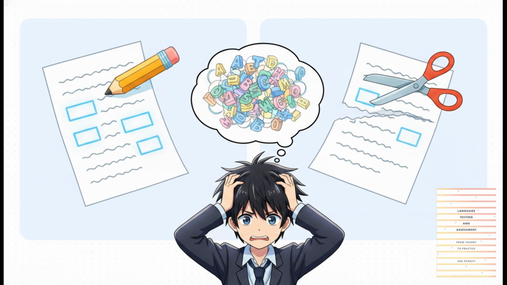The two main types are the closed technique, where you delete every 6th or 7th word, and the C test, where you delete the second half of every second word. Both are designed to test how well a student uses surrounding context to restore missing information. Are they actually effective, though? They can be, but a major warning regarding C tests specifically is that they rely heavily on a student's spelling